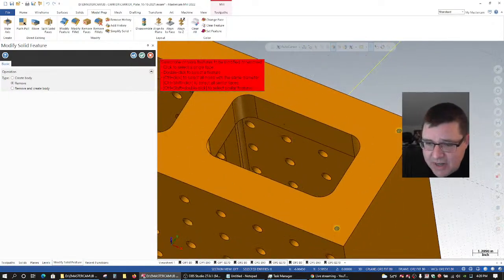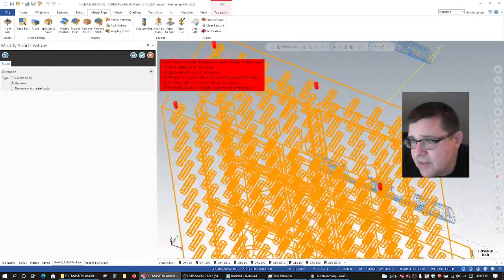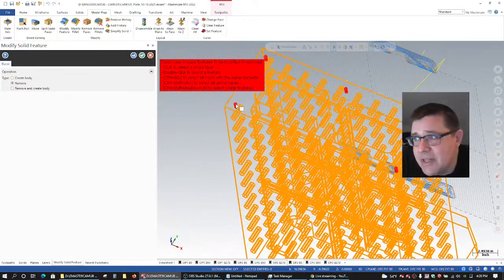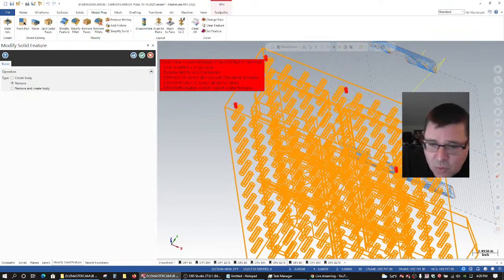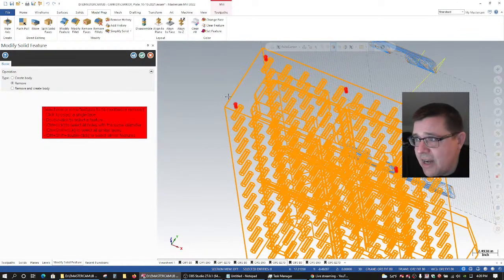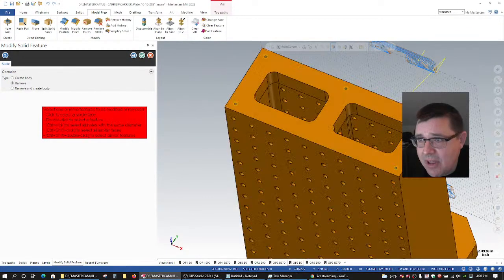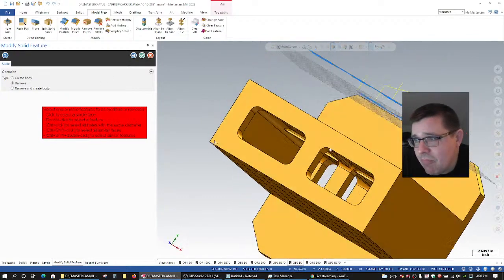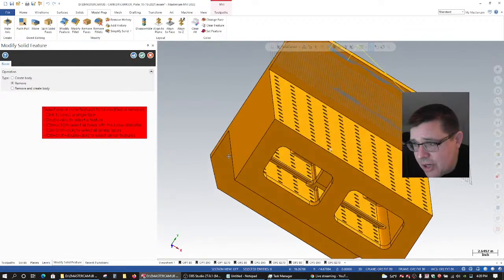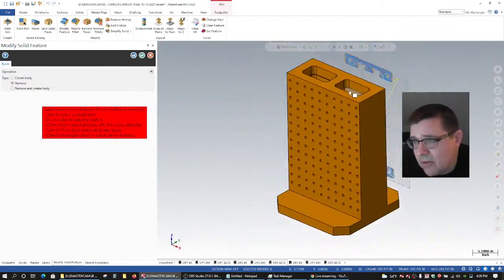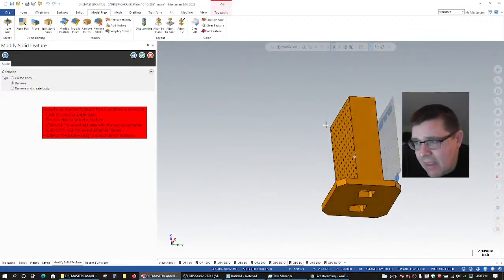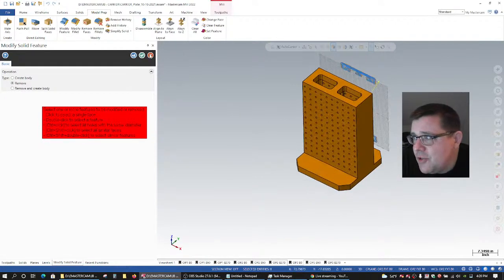Maybe hard to see because the selection color right now is yellow and my model is orange, so that's a little hard. But if I unshade it, you'll notice it shows these 5 features in red there. So I'll do Apply, and that did a great job of clearing out those little holes on top. Now I've got a situation here,